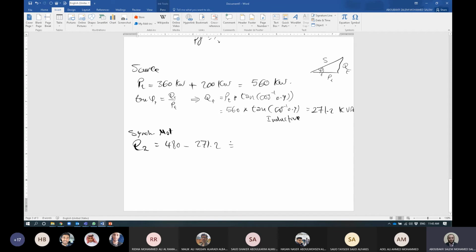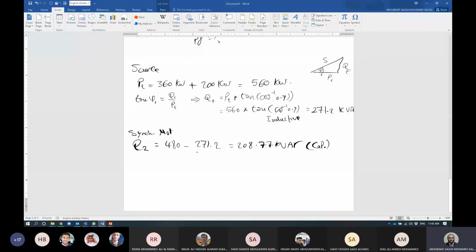Right? So this should be the value of reactive power. What is the value now of Q2? 208.77. Nice. Of course this is kvar, and it has to be capacitive. Right or wrong? So we have now the value of Q. What is needed in the problem? We need to calculate the apparent power,